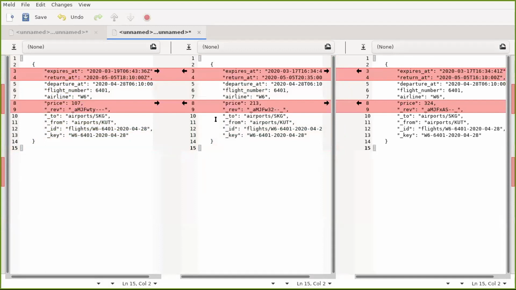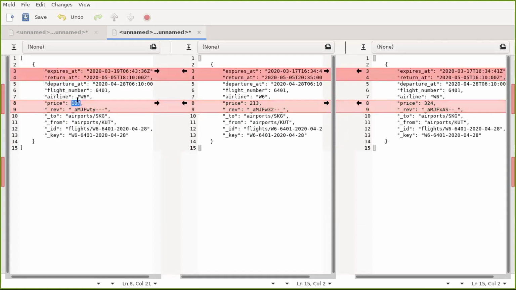So yeah, instantly we see anything that is represented using a colored band is a difference. These dates, expires at, return at, are not intrinsically processed by RecallGraph. They are just like any other field. So they are valid in the business context, but RecallGraph does not process them in any special way. But we can see that they are changed. Sometimes the return date has changed a bit. But what is most interesting is that the price has changed.